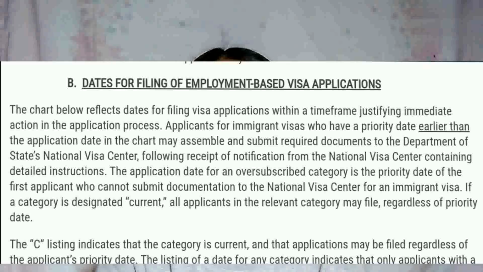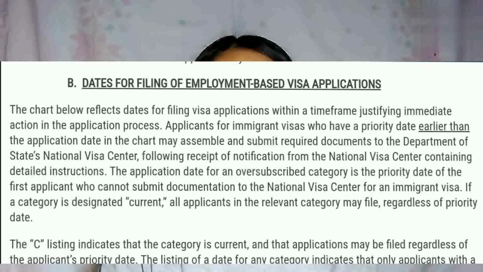Applicants for immigrant visas who have a priority date earlier than the application date in the chart may assemble and submit required documents to the Department of State's National Visa Center following receipt of notification from the National Visa Center containing detailed instructions. The application date for an oversubscribed category is the priority date of the first applicant who cannot submit documentation to the National Visa Center for an immigrant.